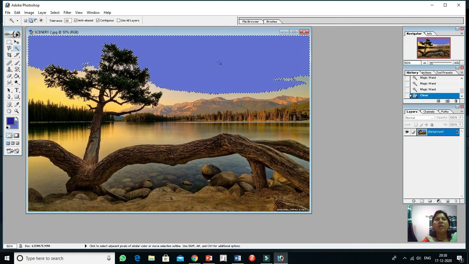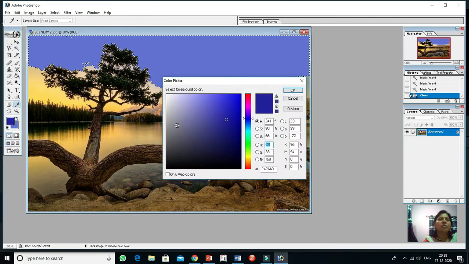Now how are you able to add a new effect or new color to that specific area? For that you can put a solid color also.